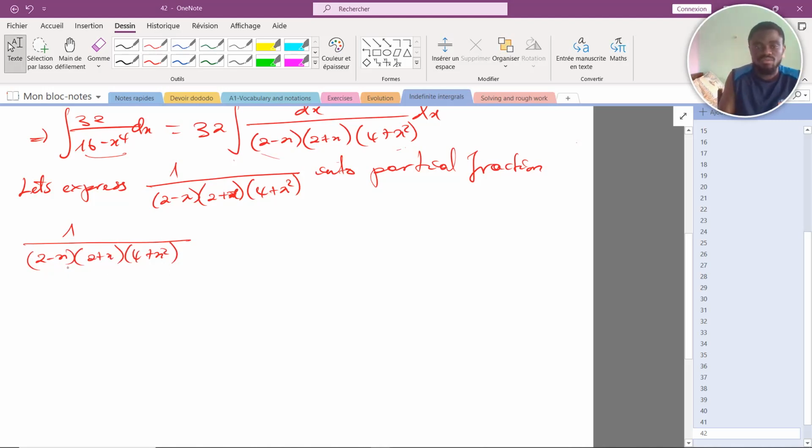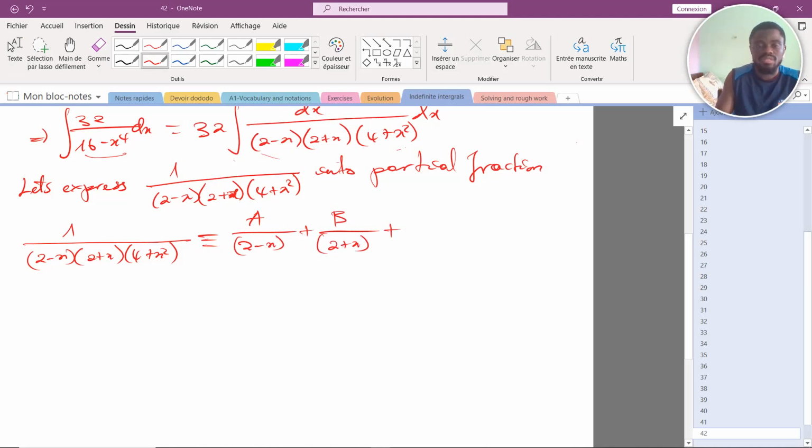This is a linear factor, and this is a quadratic factor. So this will be identical to A over 2 minus x, plus B over 2 plus x, plus